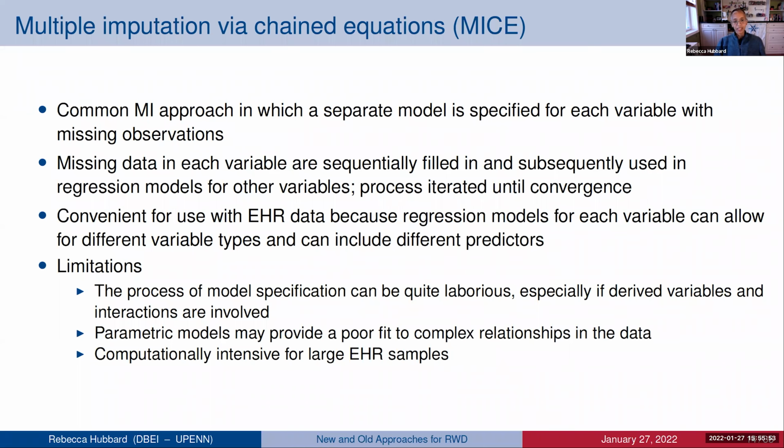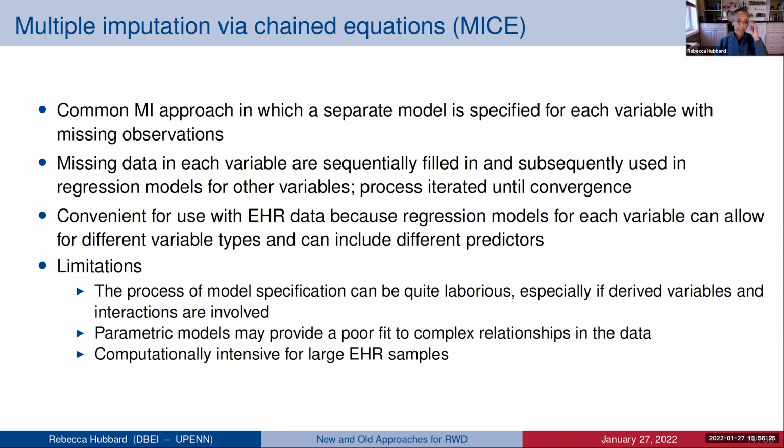This is very frequently used in analyses of EHR data. It allows us to specify a separate regression model for each variable in the model. So this is pretty flexible if we have variables that are of different types. So we have some biomarkers that are continuous. We have a lot of binary variables in the data set in the form of diagnosis codes, for instance. And we can customize each model to include just the relevant predictors if we'd like for each variable that has missingness. There are a couple limitations to this approach